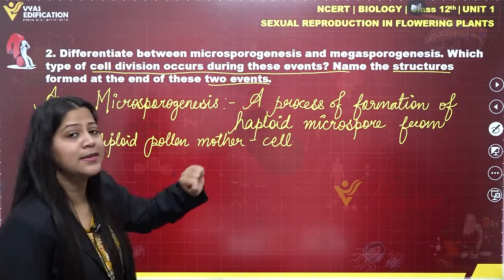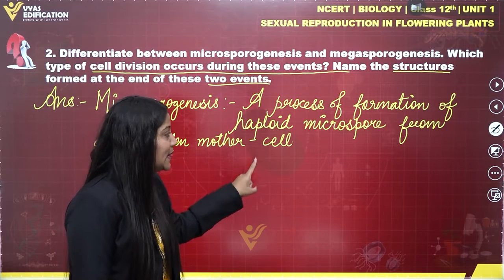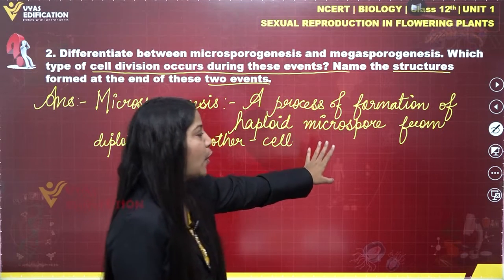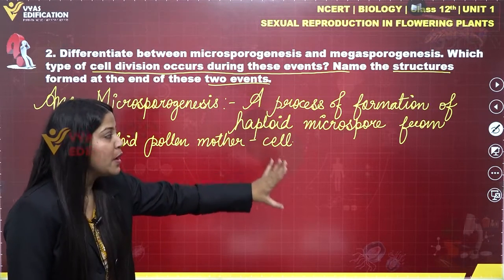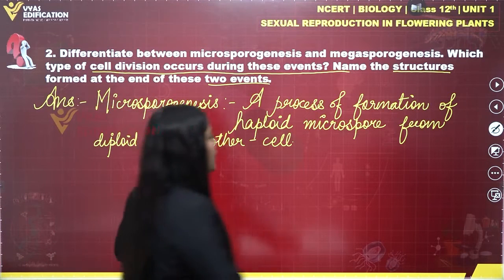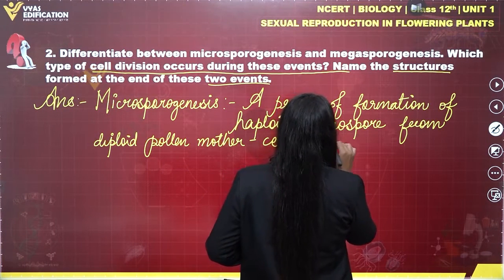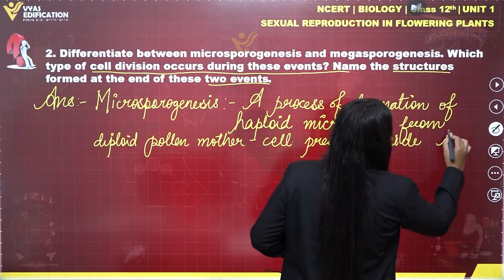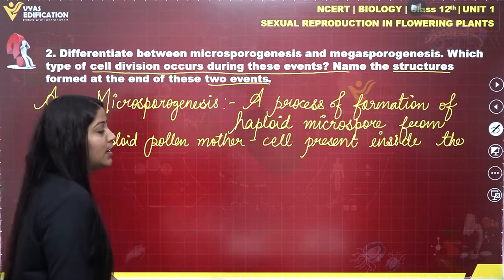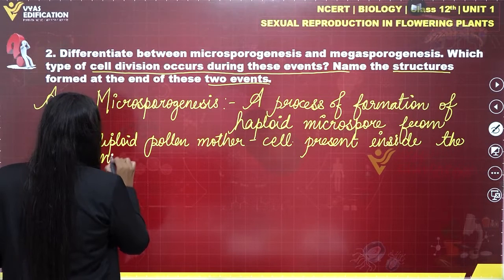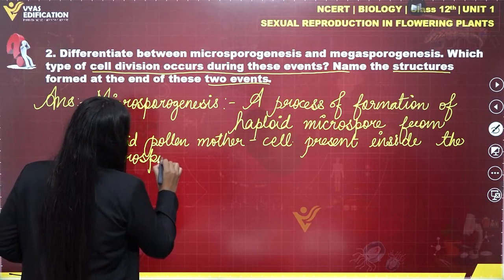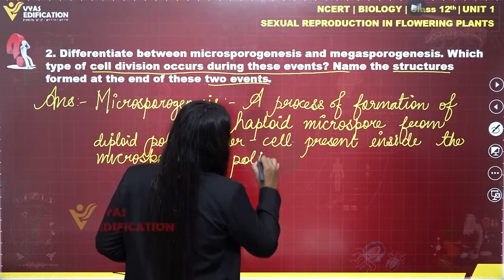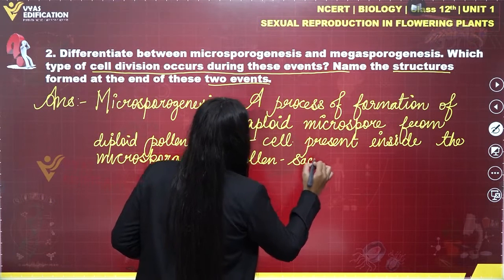These pollen mother cells or microspore mother cells are present inside the microsporangia or pollen sac. So a process of formation of haploid microspore from diploid pollen mother cell present inside the microsporangia or pollen sac. This process is known as